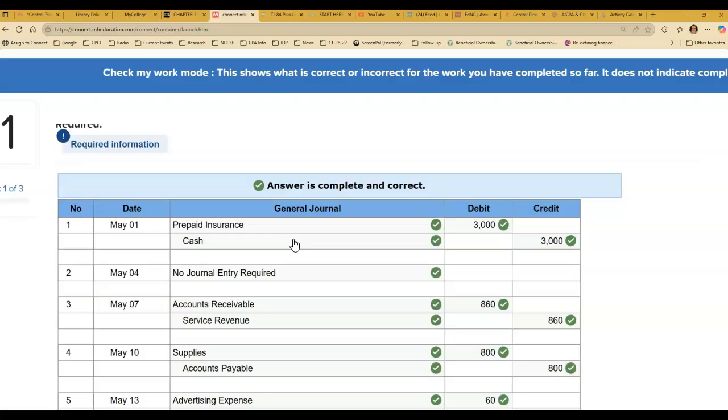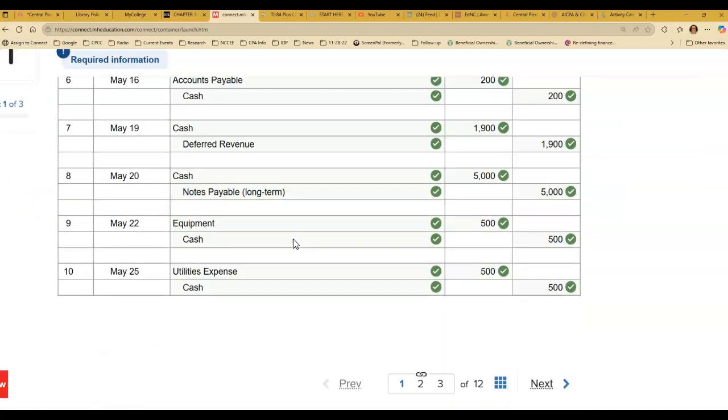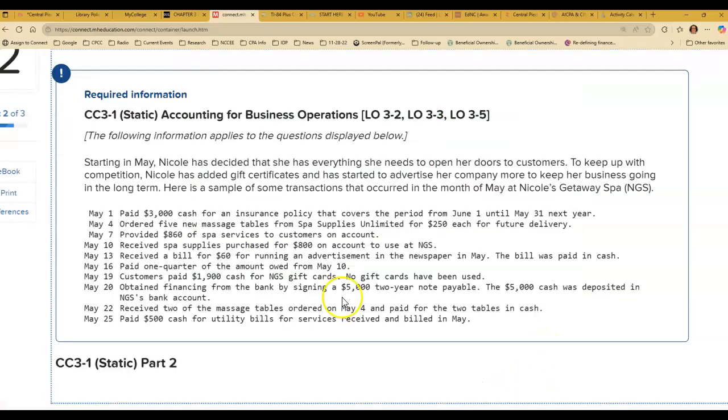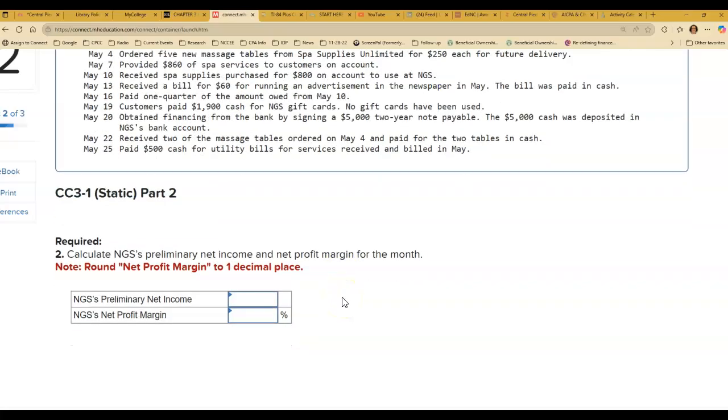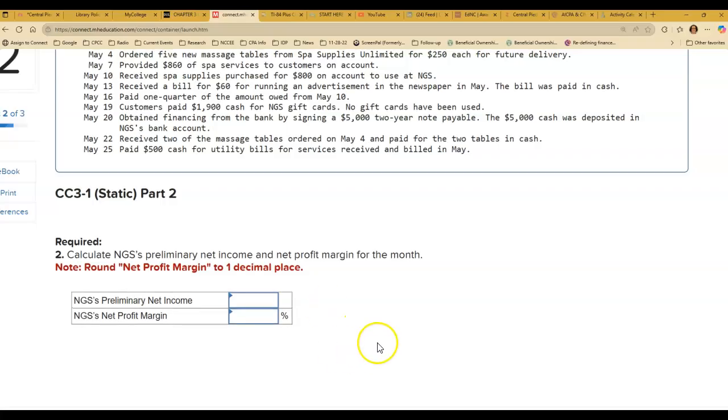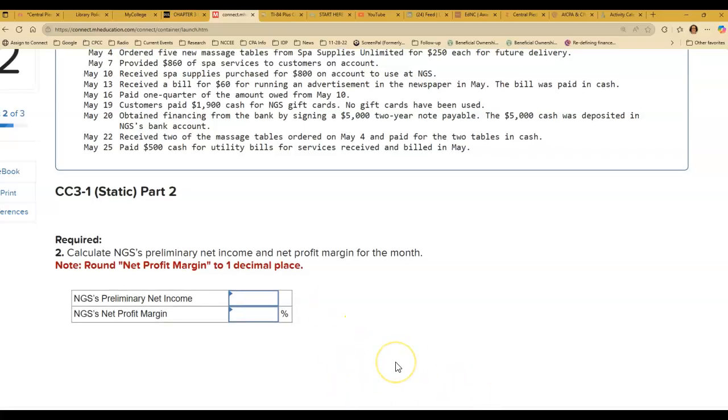But we're at this point, manually, we're not to the point of updating the account balances yet. Okay? We'll work on some of that at the end of class. So right now we're just trying to get them into the accounting system. Then, in the next one, if I remember correctly, we had to calculate that preliminary net income and the net profit margin for the month, right? Okay, so depending on how you want to do it,